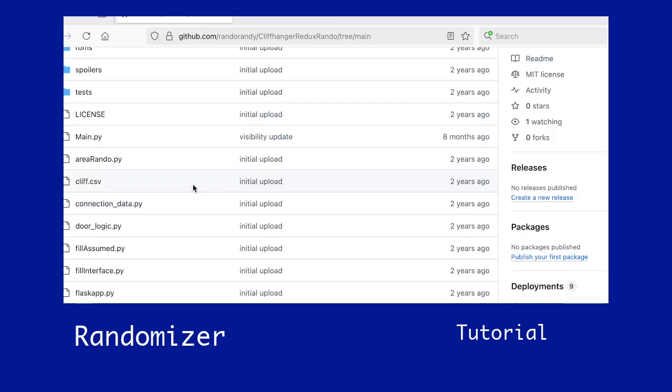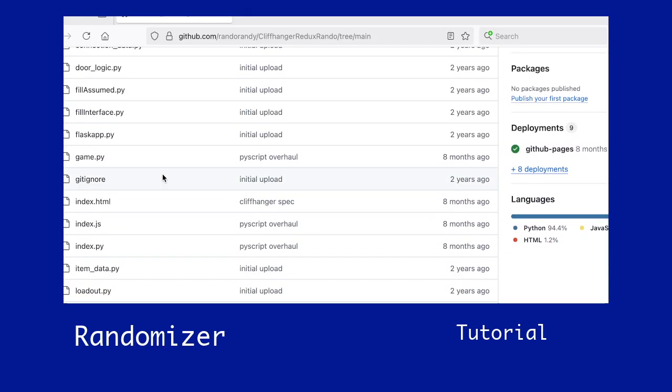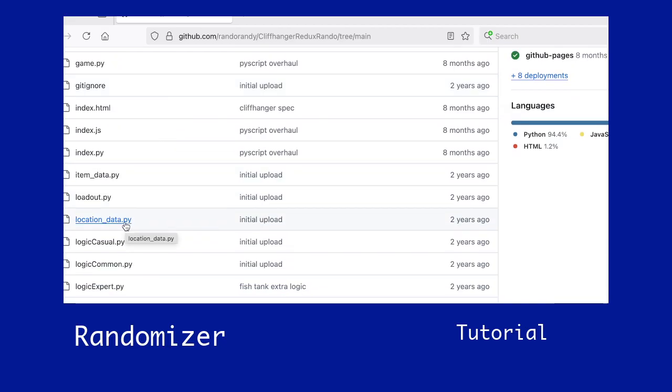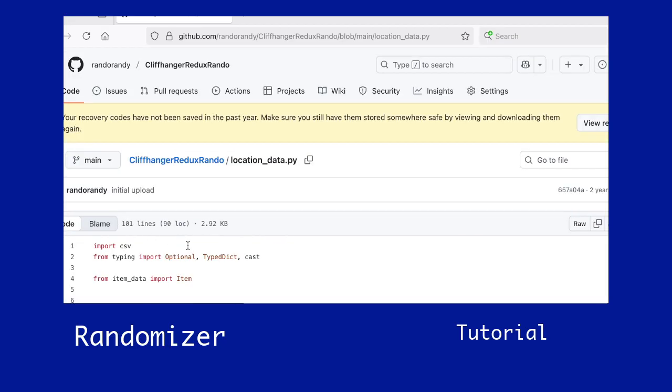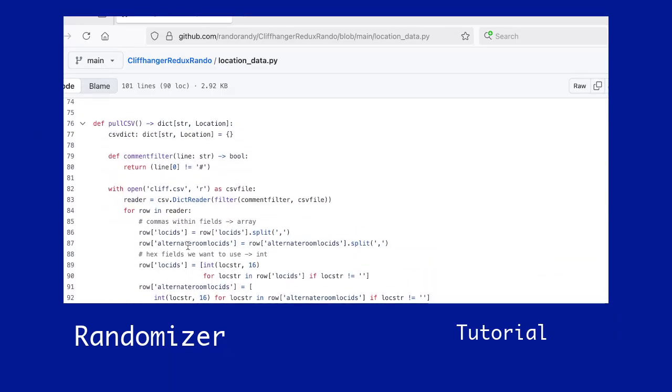So that's something that would need to be figured out. Once you have the CSV file, the next thing is to go to location data, only because this is holding on to the name of your CSV file here on like line 82. So as long as you name this whatever your CSV file is,